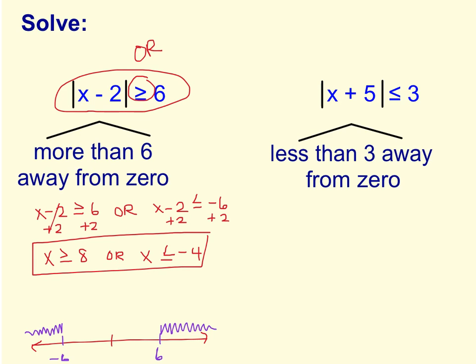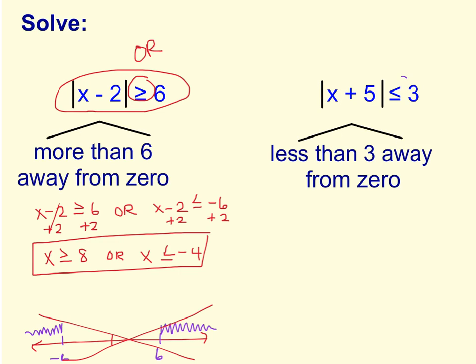And this graph down here that I did, that was just as we were talking through the problem. It's not asking us to graph these right now. So that absolute value inequality turned into this compound inequality. All right, if we take a look at another one, absolute value of x plus 5 is less than or